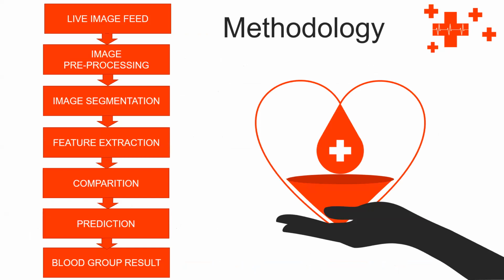So the image preprocessing technique involves grayscale conversion and thresholding. The grayscale image is converted into a binary image. After binarization, the system takes the black and white image, and then the features are extracted. Then the extracted features will be compared to the defined feature, that is the mean value of the sample matching process. Then it will compare and predict the blood group and display the result.